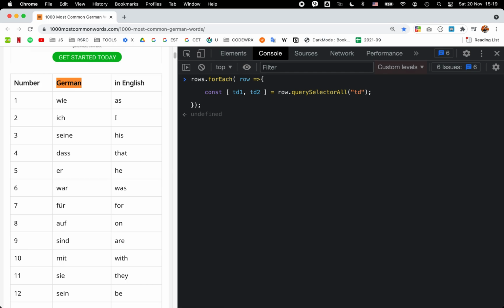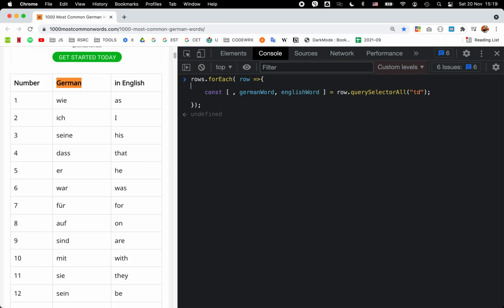Now, since I don't want the first column here, I just want the German and the English word, I'm going to put a comma here, so that the destructuring will skip the first TD and then destructure the second and the third value right here. I can see that I have a mistake here. It's not td1 and td2, it's td2 and td3, but